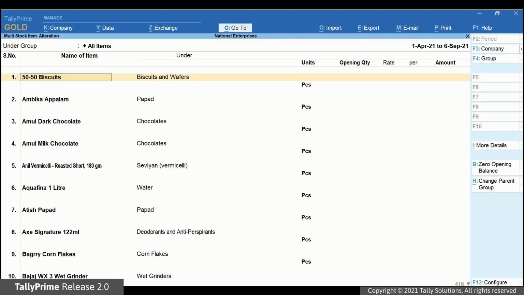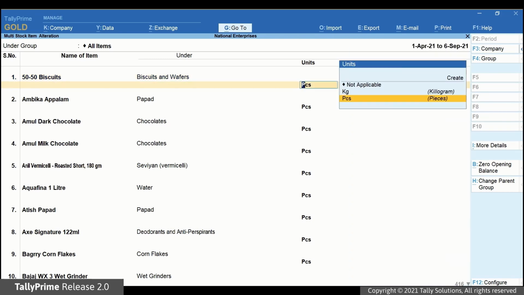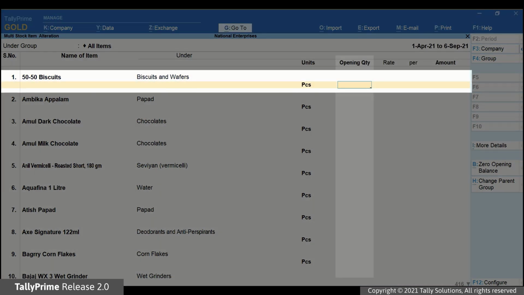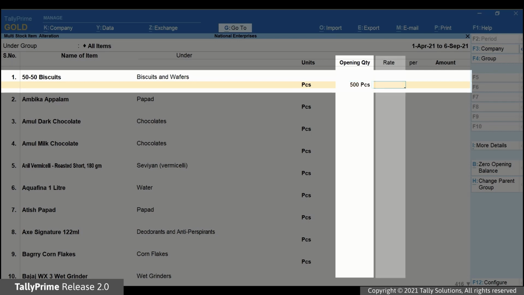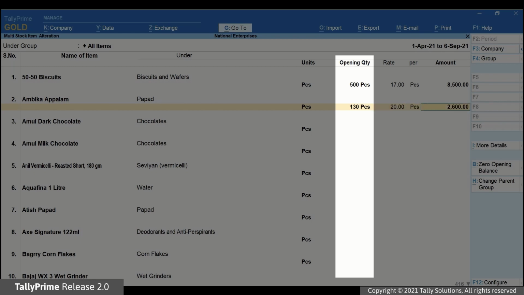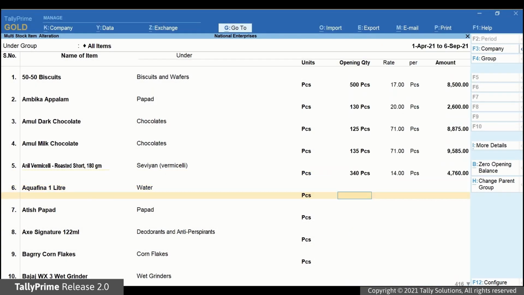Instead of updating the stock item master and providing opening quantity, just bring the cursor to the stock item and enter the opening quantity. You can also update the rate if needed. Press Ctrl-A to save the update.